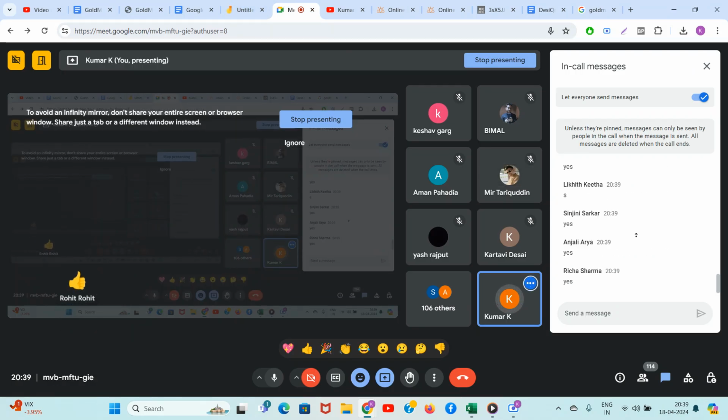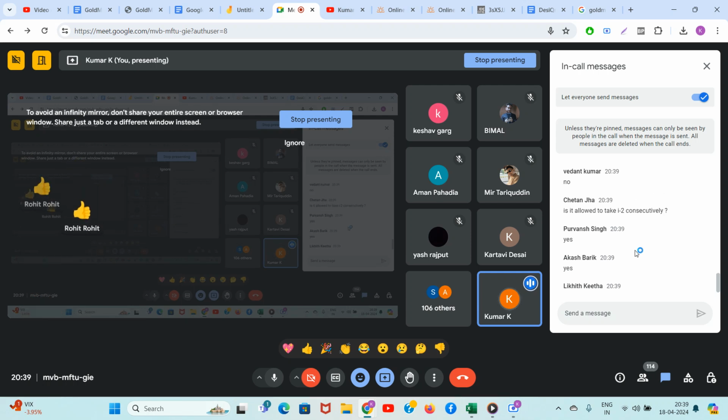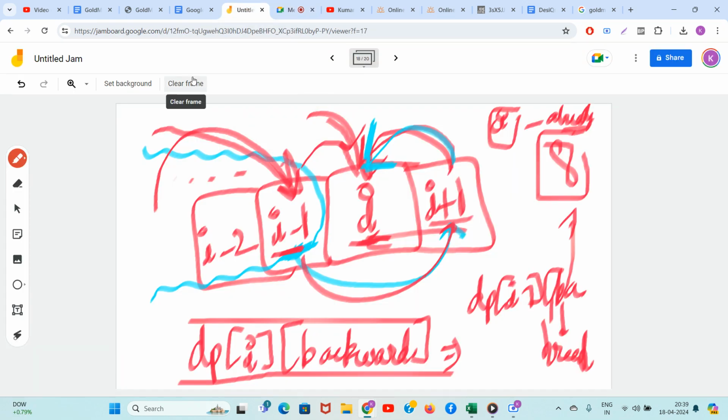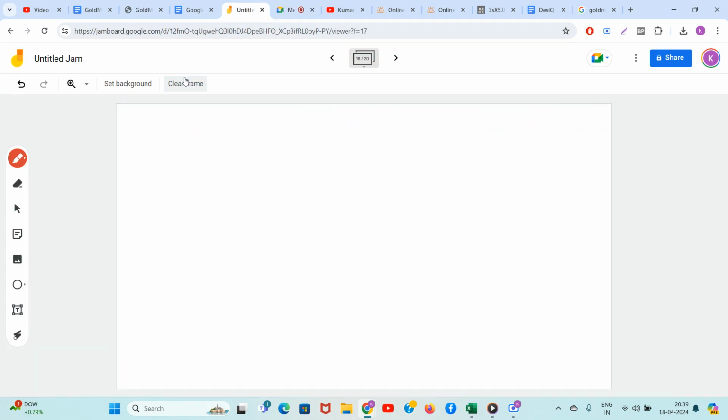Is it allowed to take? No, Chetan, only I minus 1 is allowed, and that also only one time, not consecutively. I plus 2 consecutively is allowed. So, guys, the nice thing about this problem is,